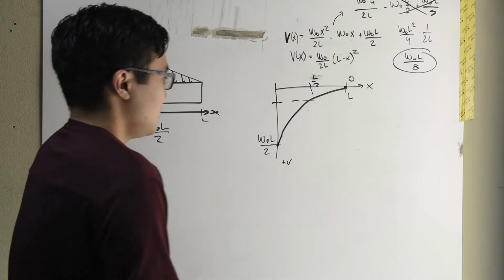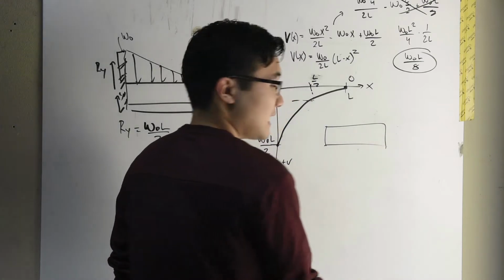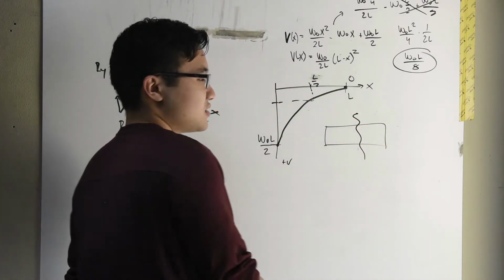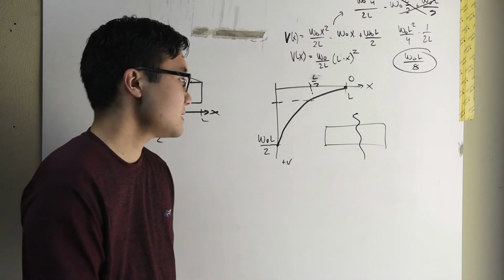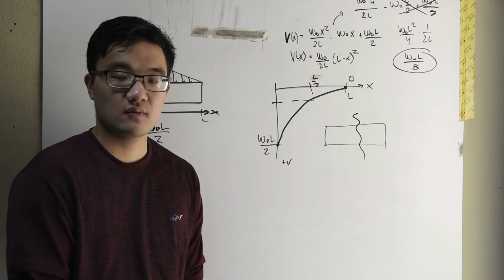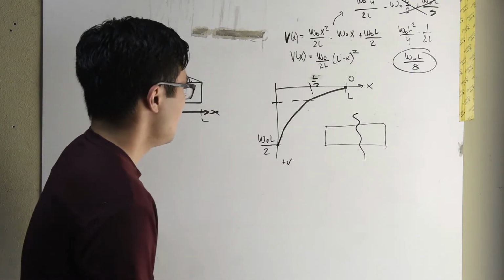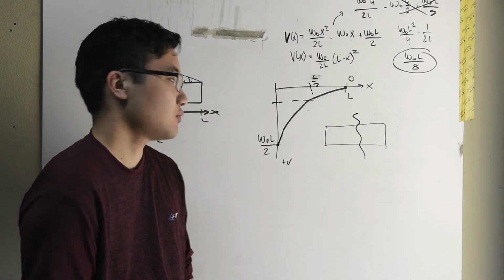Remember, all you have to do is take your member and make an arbitrary cut at any location, expose the internal forces, equal and opposite on both sides, and you can solve it right to left or left to right, as long as you account for your boundary conditions. Now, they're going to give you problems, and you're going to see examples where,